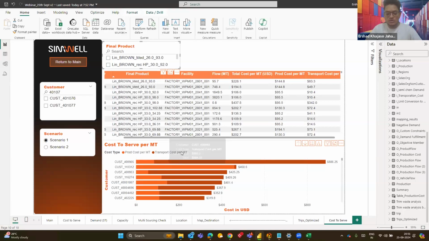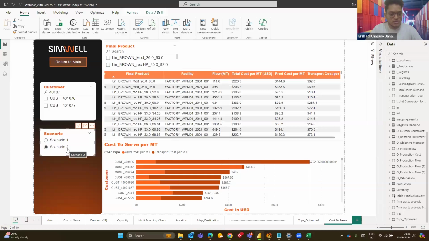So this is the type of thing we can see out of it. You can create multiple scenarios, like the second one I created, with 20% more demand. We can create multiple scenarios and check whether the cost to serve makes sense or not. Because if we change the demand, there might be some customers which have the same cost to serve,